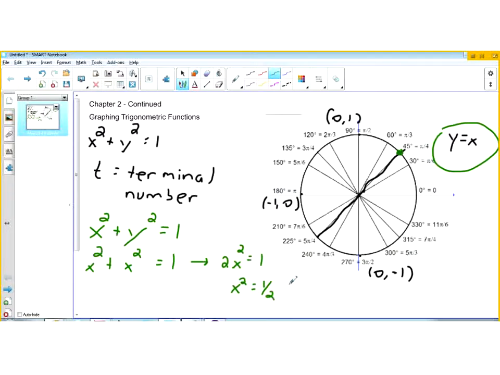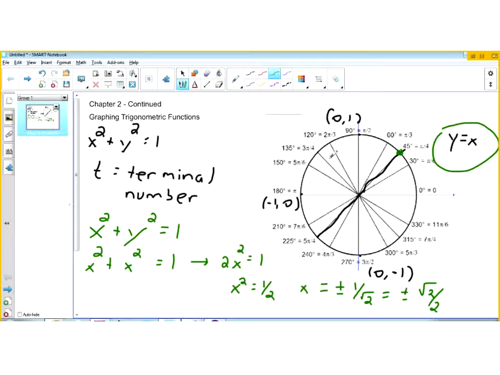Then we take the square root of both sides. And so x is equal to plus or minus 1 over the square root of 2. If we rationalize this number, that would be plus or minus the square root of 2 over 2. Now, since we are in the first quadrant for t equals pi/4,